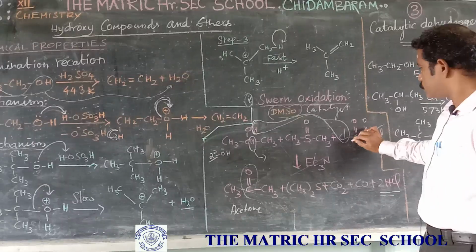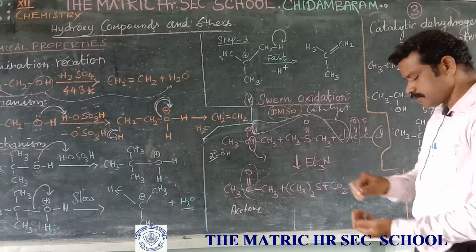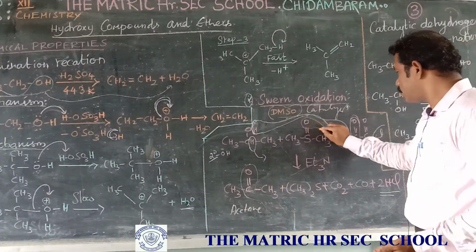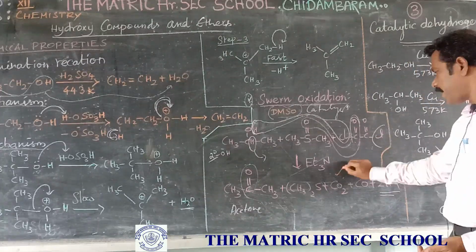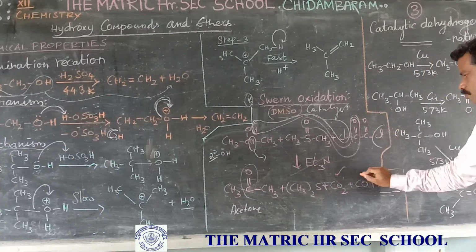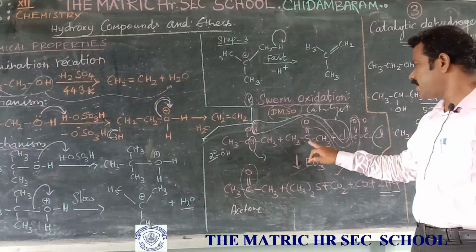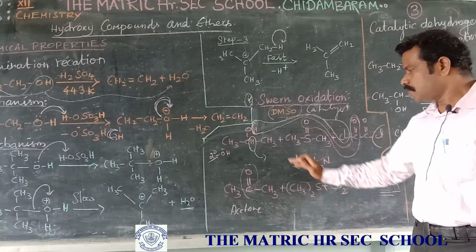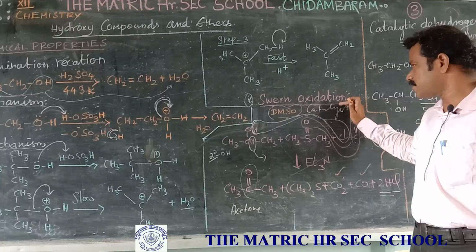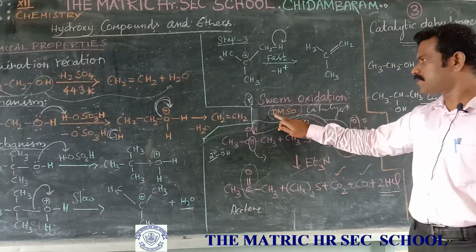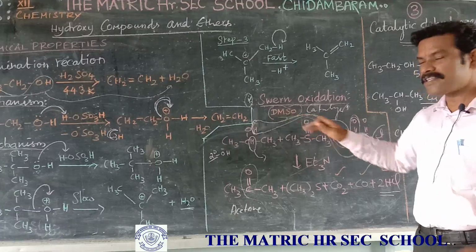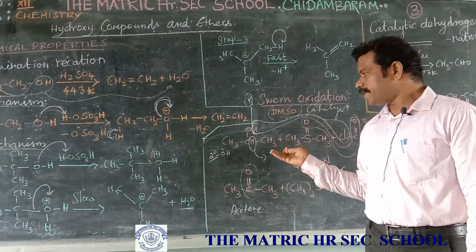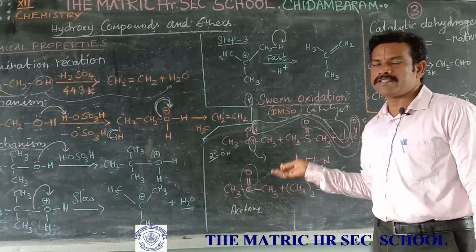Then this carbonyl group and this oxygen, you will add carbonyl and oxygen. We will get carbon dioxide. The remaining balance CO is carbon monoxide, and then the balance CH3 is dimethyl sulfide. Okay, dimethyl sulfide. So it is a very important oxidation reaction. The main reagent is dimethyl sulfoxide. Its nature is that it oxidizes the alcohol: secondary alcohol to ketone, and primary alcohol to aldehyde. It is a very important reaction.